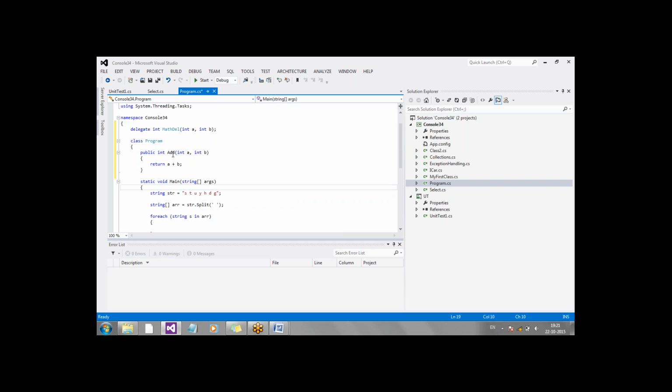Is the definition or signature of this particular function called Add matching the signature of your delegate? Good. Now inside my main, what I'll do,